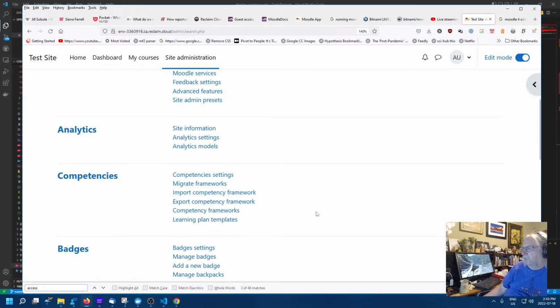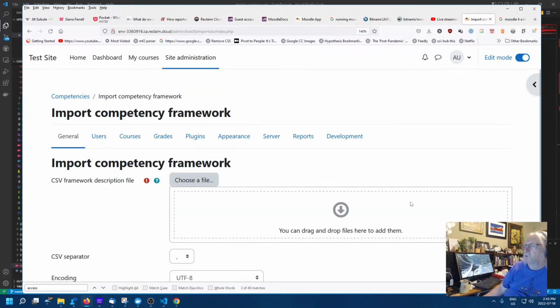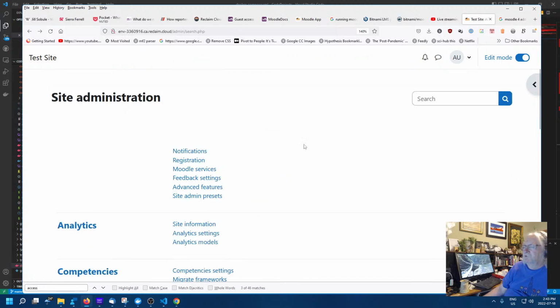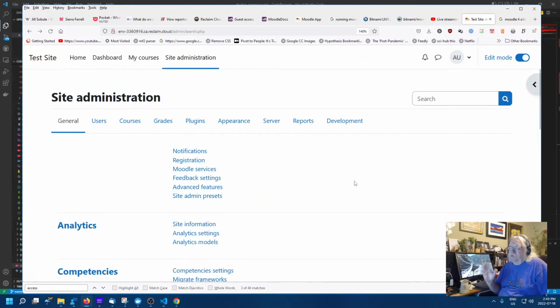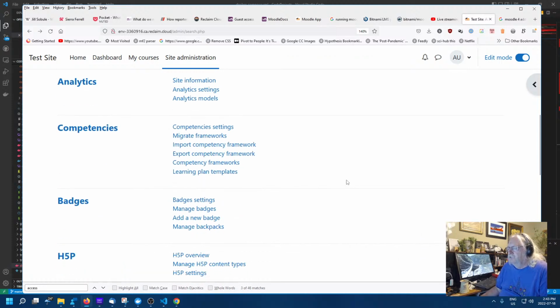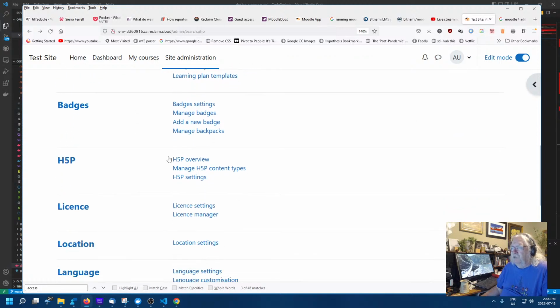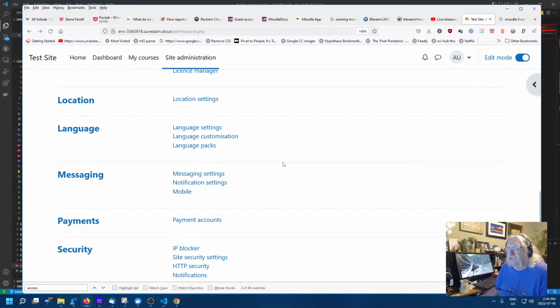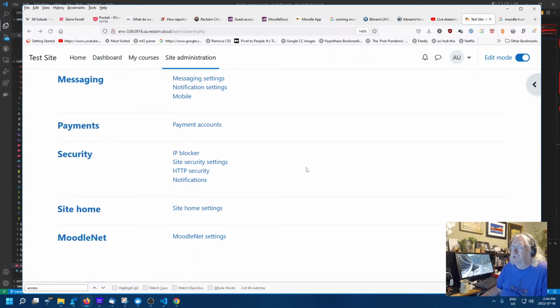I haven't touched the competencies yet. Import competency framework. Again, where's my search, right? I have to drag and drop files every time. This seems to be pretty consistent. Every time I go to add something, I don't have access to this external library of resources that I'd really like to have. Badges, H5P settings, license settings, payments,